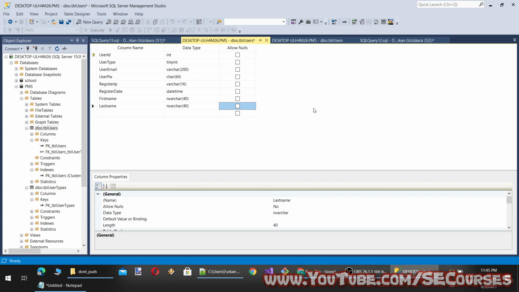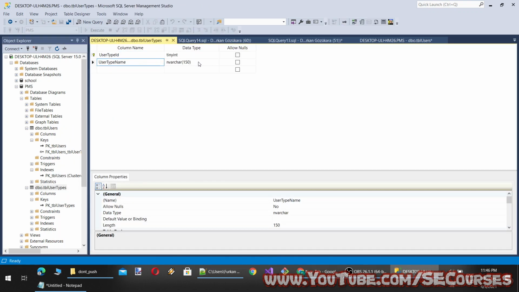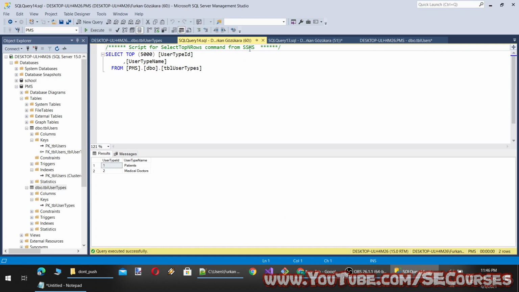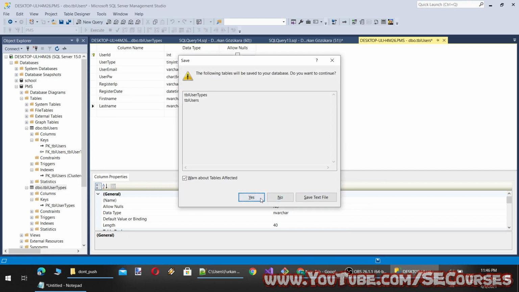And what other information will we take from a patient or doctor? Okay, since we will keep both doctors and patients, we can also keep the specific area of doctors. Therefore, we can design them in our user types. For example, there can be other doctor types as well. You can expand the table, but for simplicity, let's just keep it this way. Okay, so this will be our users table.